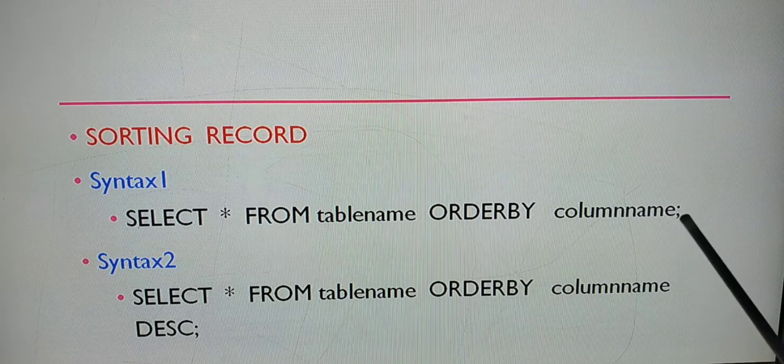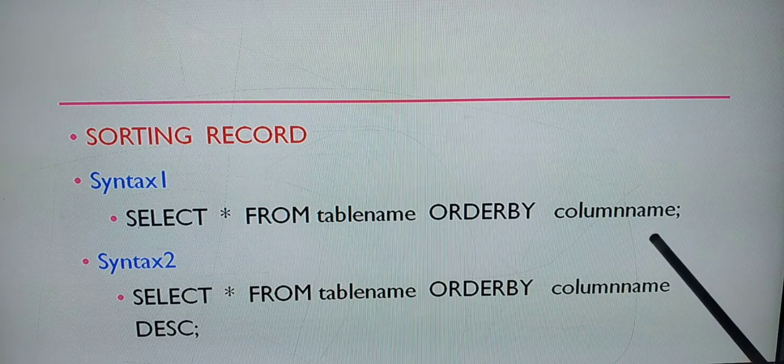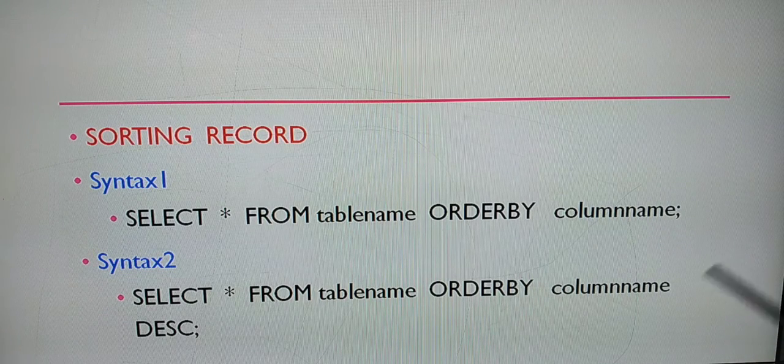And here you didn't specify ascending. So what does it mean for you? Default is ascending order. So automatically everything will be arranged in ascending order, beginning from the alphabet A to the last one. That is your first one. The second one is descending order, that is the reverse, for example from Z to A. So clear with this syntax?